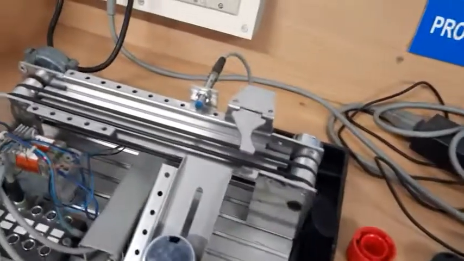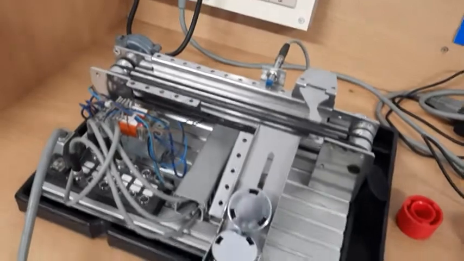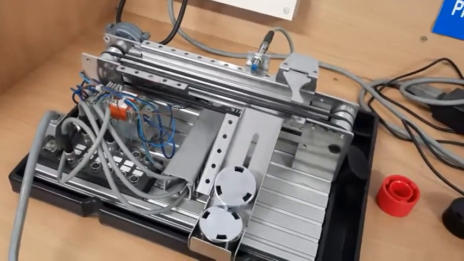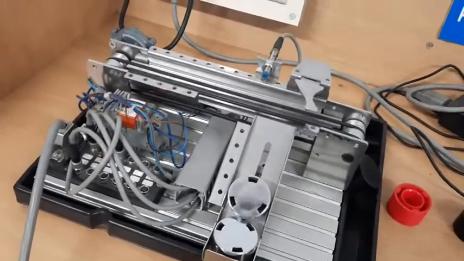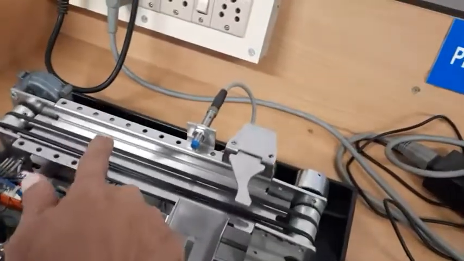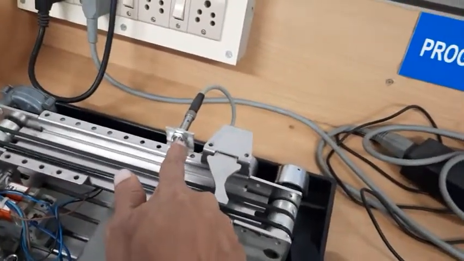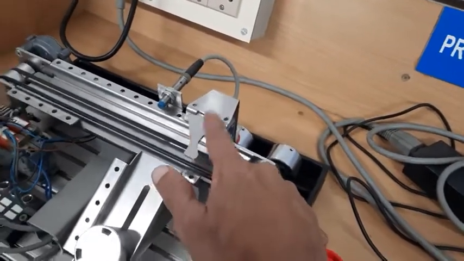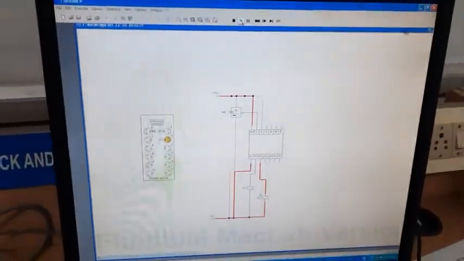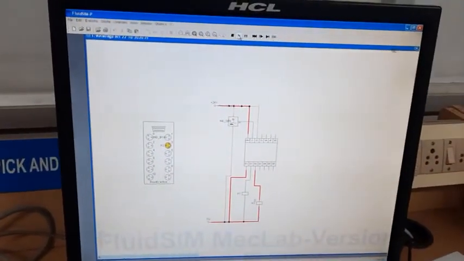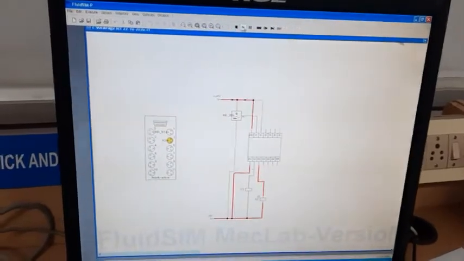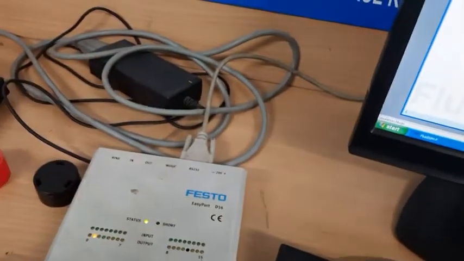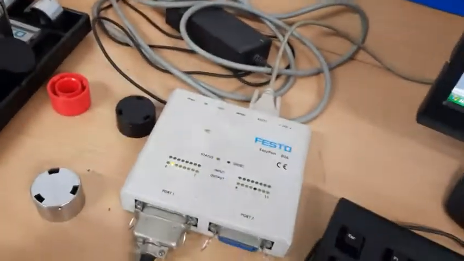The necessary elements used for this experiment are, on the hardware side, a conveyor belt, an inductive sensor, and a solenoid actuator. On the software side, a virtual instrumentation software to write the necessary pneumatic program, and an interfacing device to interface the hardware with the software.